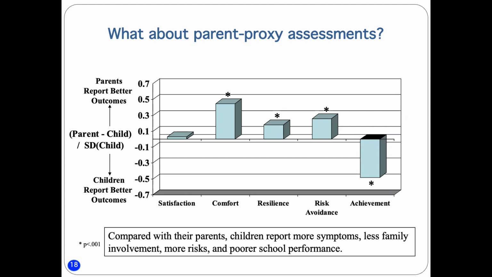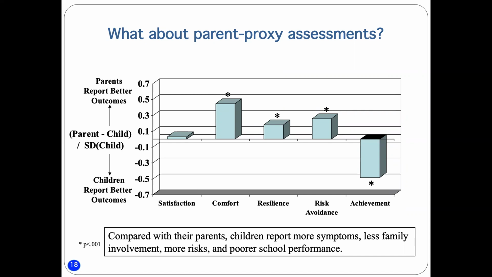And what you see here is the group level differences. So if the bar is above 0, it means the parents in general reported better outcomes. If it's below 0, then the kids reported better outcomes. And the units are standard deviation units. So that's the y-axis. So you see, well, for well-being, you get about the same overall level of response, but